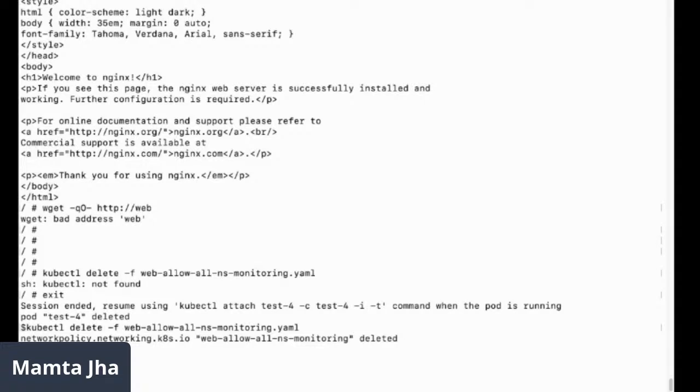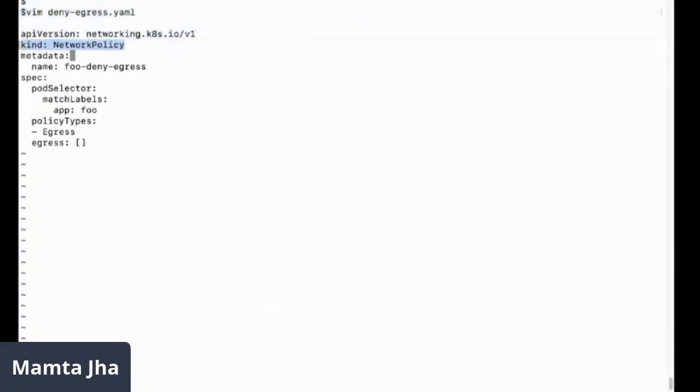When you want to prevent an application from establishing any connection to pods outside of that pod, you can apply the deny egress type of rule. So let me create a file for it, say deny egress. I don't have a readily available YAML file for it, so let me code that here itself.